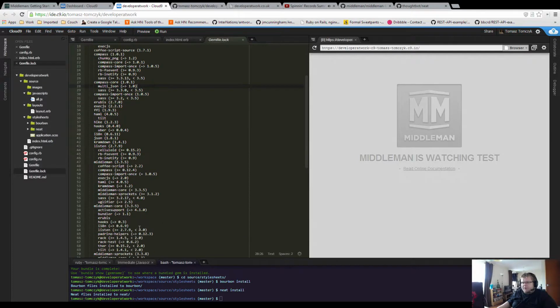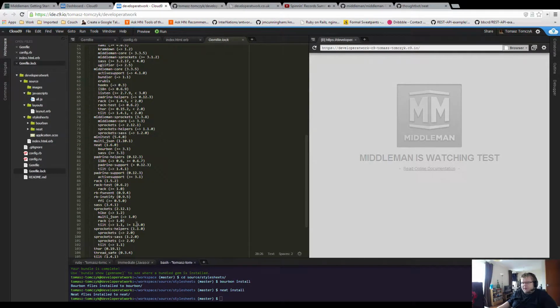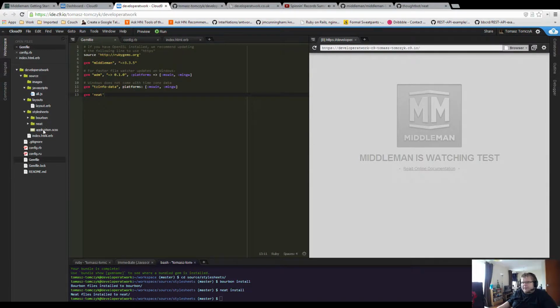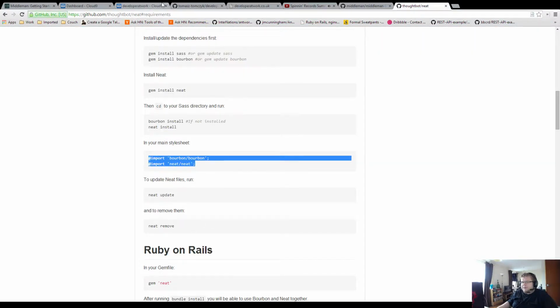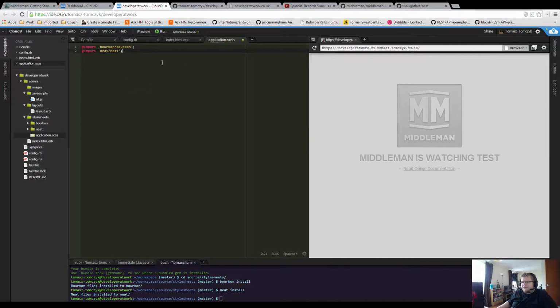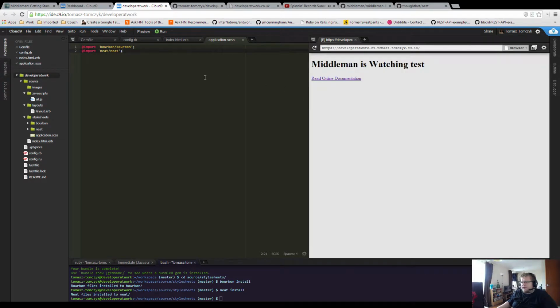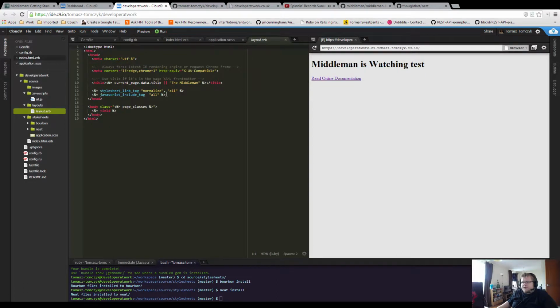Pretty good, Compass, yep. So hopefully Sprockets that's included in Middleman will pick that up straight away and not have any issues with the Sass. So we want to import that now. That's saved. So we should have no styles and no images. So let's go back to our layout. We've changed the name of the style sheet to application.